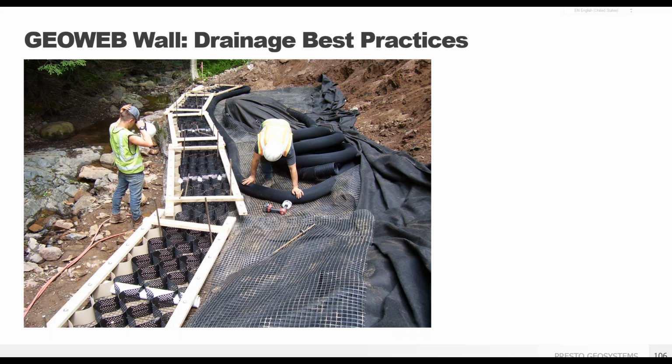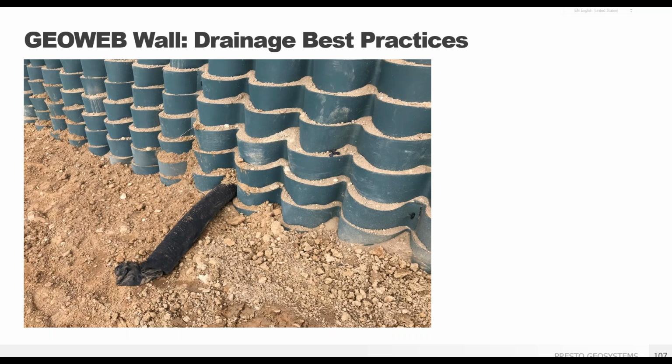One of the best ways to mitigate that hydrostatic pressure is with a drainage pipe installed behind the GeoWeb panels. This could be a perforated pipe wrapped in a geotextile to prevent clogging. This type of drain system is a best practice pro tip you want to be sure to include. The drain pipe should daylight in an area that can manage the collected water. The pipe can either come straight through the front of the wall, like shown here, or can end at the side of your wall, depending on what works best for your job site.